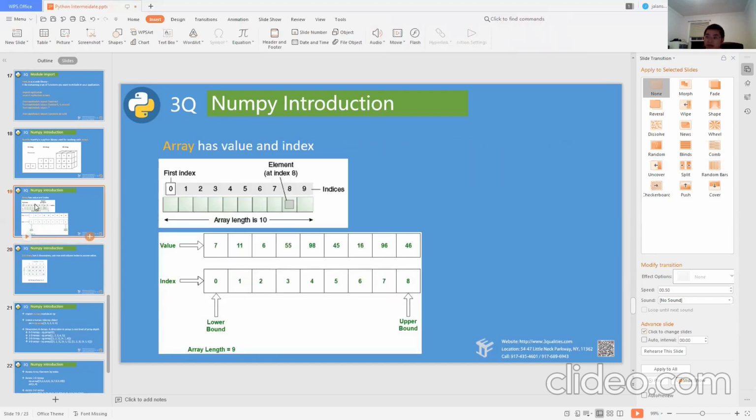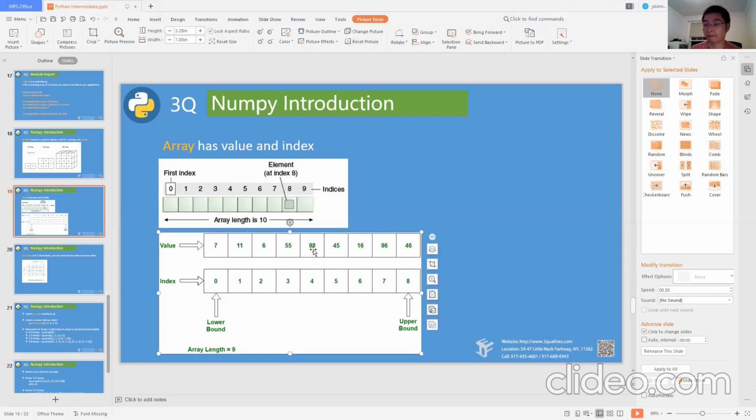This is a 1D array. Suppose I'm asking you, give me the value 98. Louis, are you following? Did you get my question? I wanted to access the value 98.